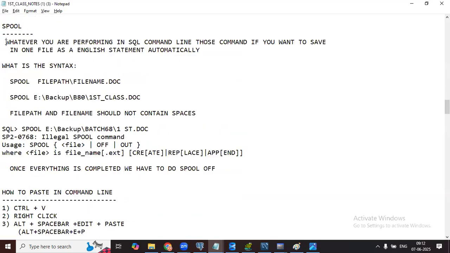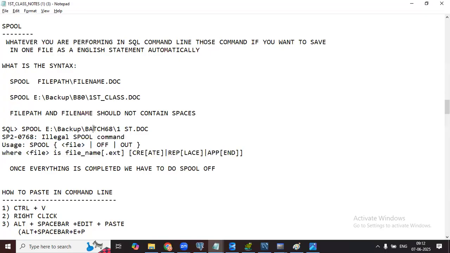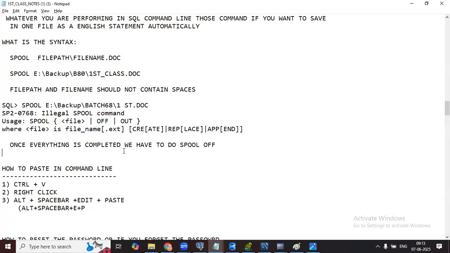Spool is whatever you perform in the SQL command line, if you want to save those commands in one file as English statements, you use spool with a file path and file name. The file path and file name should not contain spaces. If they have spaces, it gives an error. That's why I changed my folder names and file names to not have spaces. That's what I covered.